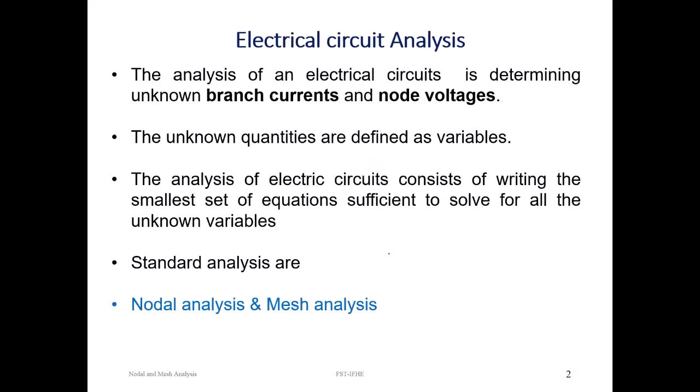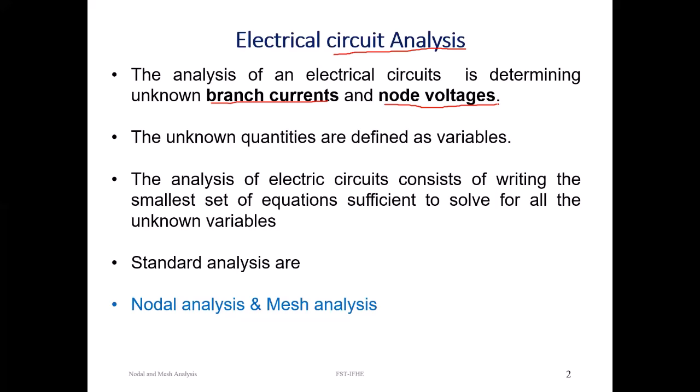In the previous lectures, we have defined what electrical circuit elements are and how an electrical circuit consists of nodes, branches and loops. After that, we used KCL and KVL to get linear equations. On solving the equations, we can determine unknown branch currents and unknown voltages across the branches. But electrical circuit analysis is a step-by-step scientific procedure to determine unknown branch currents and node voltages. See, in KCL and KVL, students are free to apply or change the branch currents as per their own wish. Finally, you will get a set of n equations.